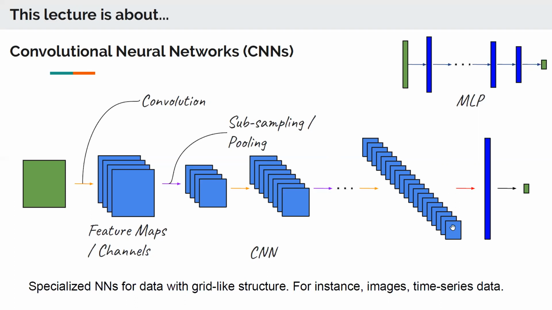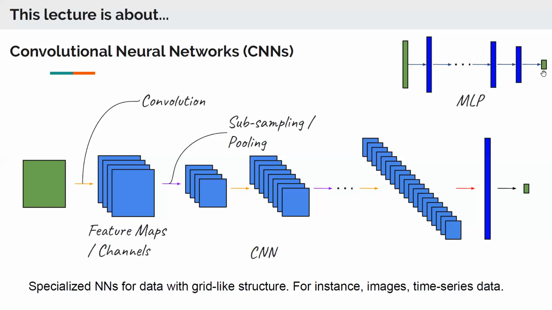And then towards the end, we get some representation of the image. And then we vectorize this image. And then we have one or two fully connected layers to finally get the same vectorized output as we were getting here,